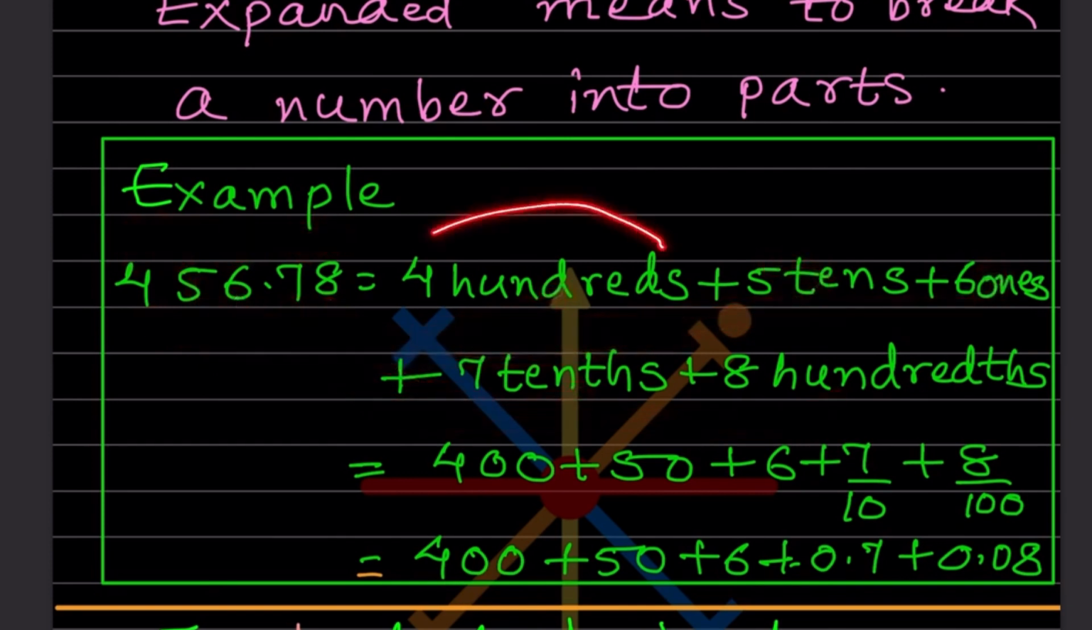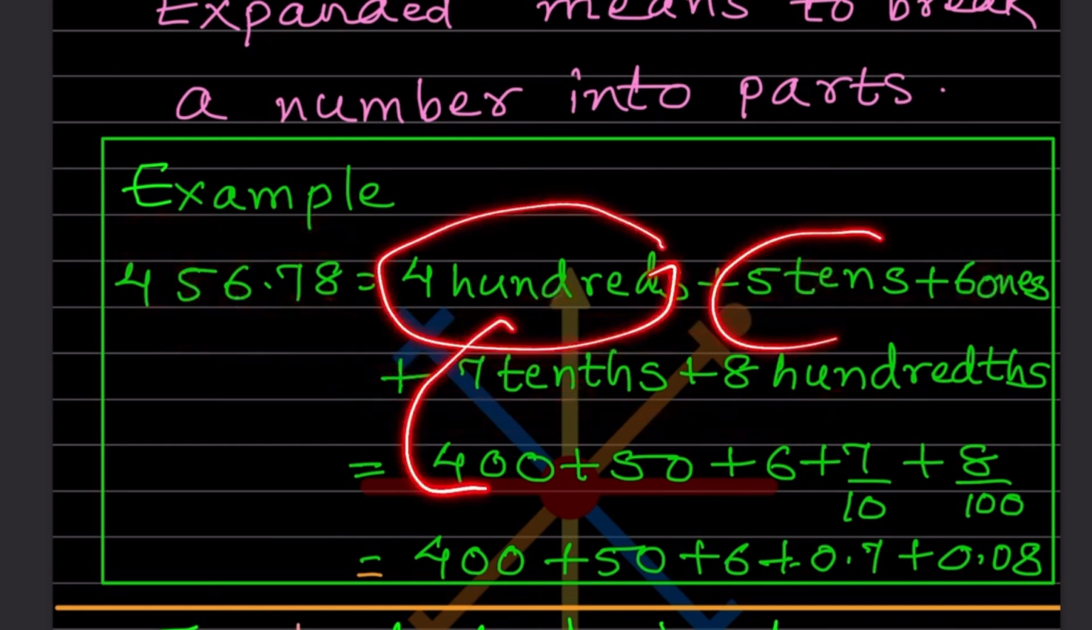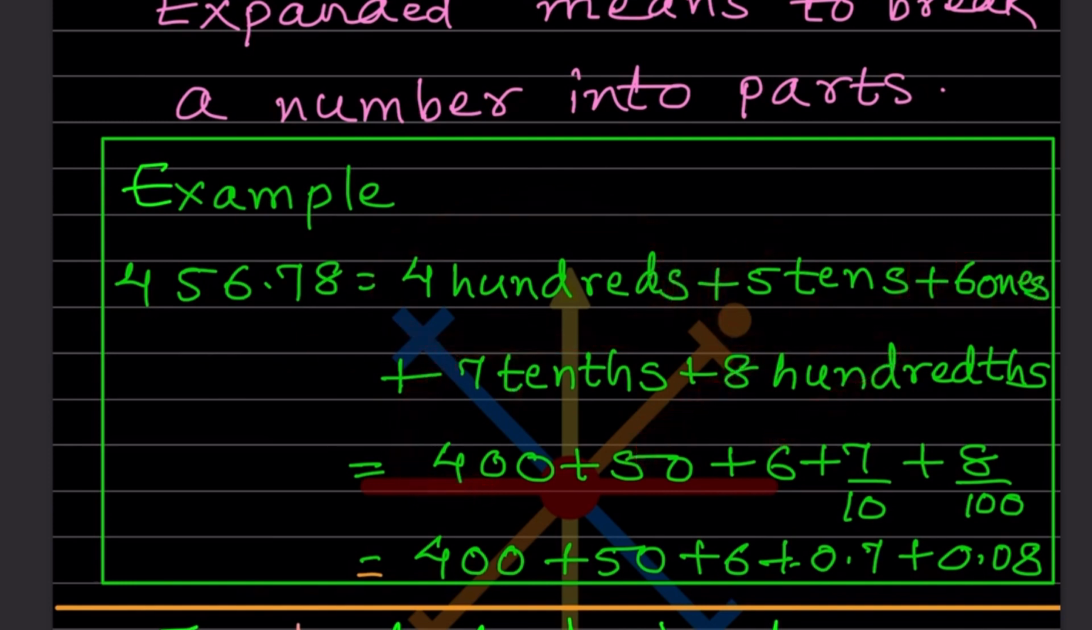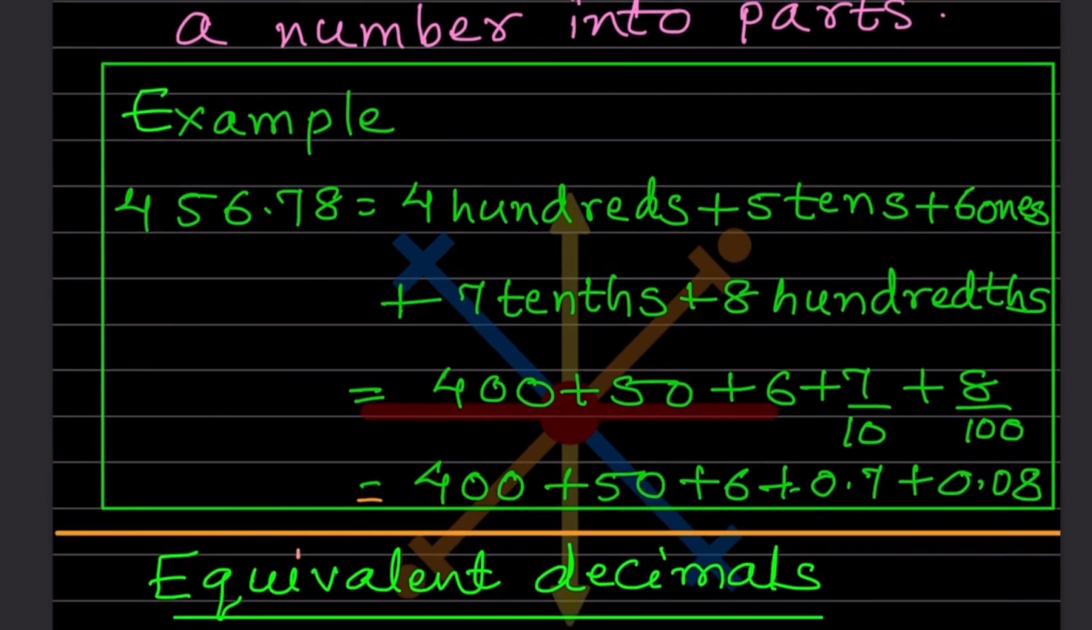So what will you write here? 4 hundreds means 400, 5 tens means 50, and 6 ones means 6. And I have shown you how to write the rest. 7 tenths means 7 by 10. 8 hundredths means 8 by 100. So when you want to add it, what are you going to do? 400 plus 50 plus 6, and then 7 by 10 means you are going to write 7 divided by 10,